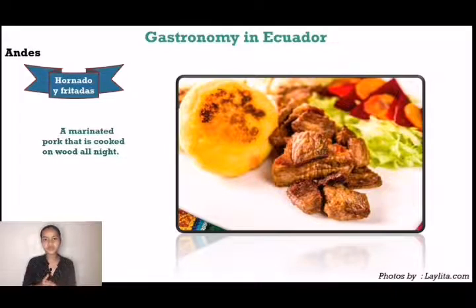People serve it with hot chili sauce with potatoes or mote. Fritadas, on the other hand, are pieces of meat cooked in water with orange juice, cumin, onion, and garlic. When the water evaporates, the meat is fried in its own fat. Residents serve it with sweet potatoes, bananas, or corn.